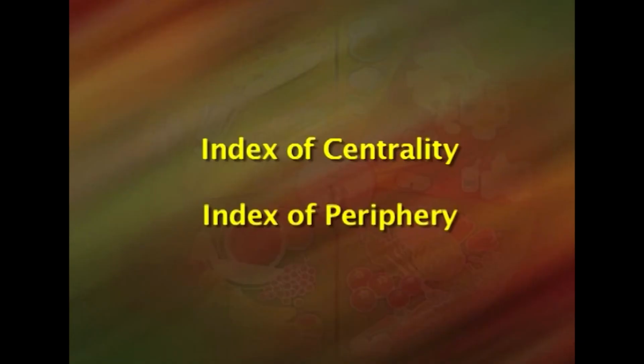At work, social and psychological factors have a pronounced effect on communication between people. In every network, there are two indices, namely the index of centrality and the index of periphery. Index of centrality indicates the ability of an individual to interact in a group and establish smooth flow of communication